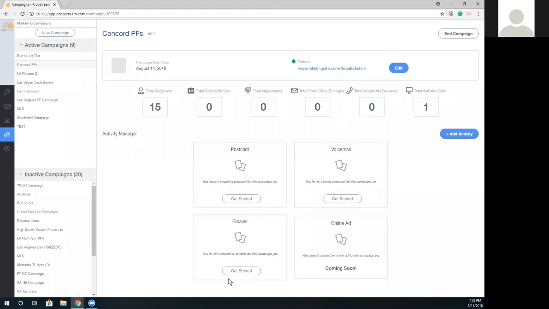So you might send an email to 100 individuals, but this is only going to monitor the ones that have been clicked on. And then voicemail delivers. Again, you're going to do a ringless voicemail drop. This will monitor how many of those have been successfully delivered. And then total website visits. So how many people are visiting your website? In this case, we visited it, so you've got our 1 hit here so far.